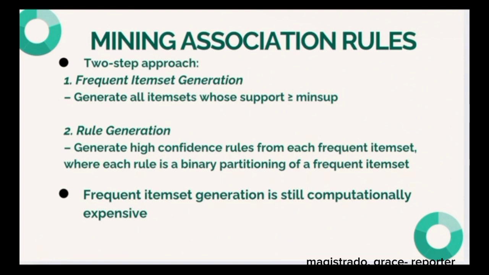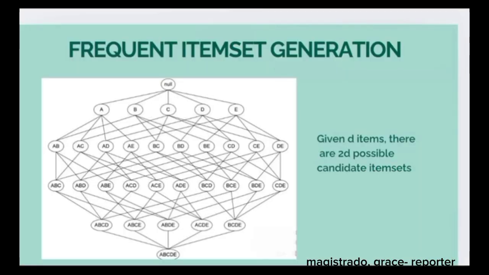Rule generation. Once frequent item sets are formed, we can generate association rules from them. It focuses on rules with high confidence, meaning if the if part of the rule is true, the then part is also likely true. Frequent item set generation. Given d items, there are 2^d possible candidate item sets. This means that even a moderately sized dataset can lead to an incredibly large number of potential item sets to evaluate, making the